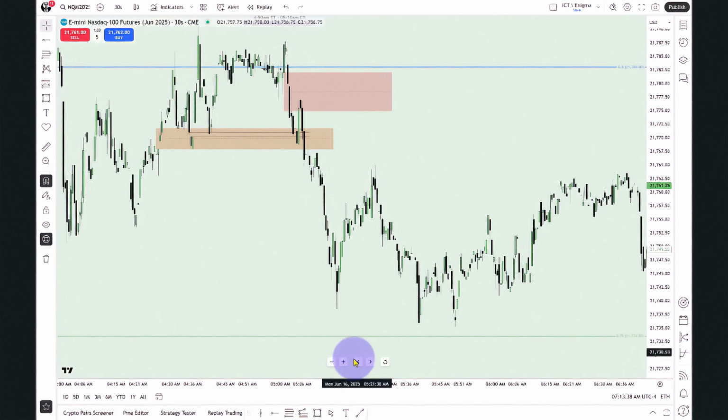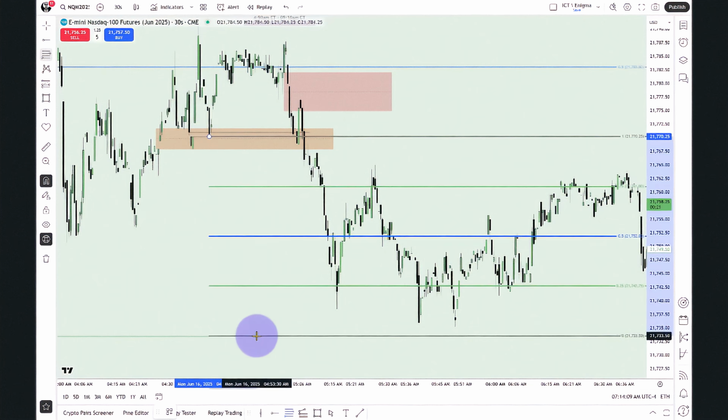They don't really, but this break in structure, as soon as that break in structure occurs, right here, or this one, if you're looking at the 1-minute chart, this break in structure right there, if you anchor it to that low, down to that level right there, anything at this level or higher is a premium.